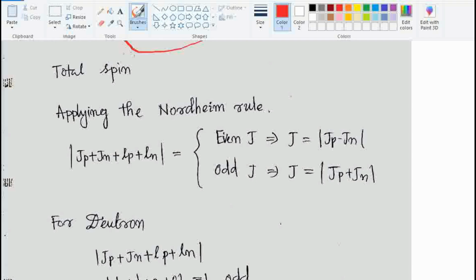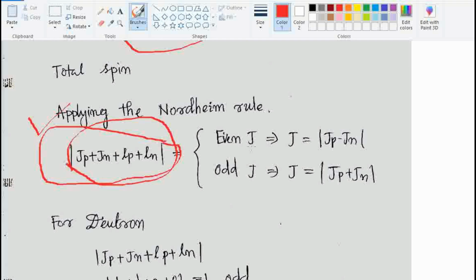This is the Nordheim rule. And why am I applying the Nordheim rule? Because it is an odd-odd type nucleus. For an odd-odd type nucleus you have to apply the Nordheim rule. And if you apply it, and this whole term gives an even number, then the spin of that